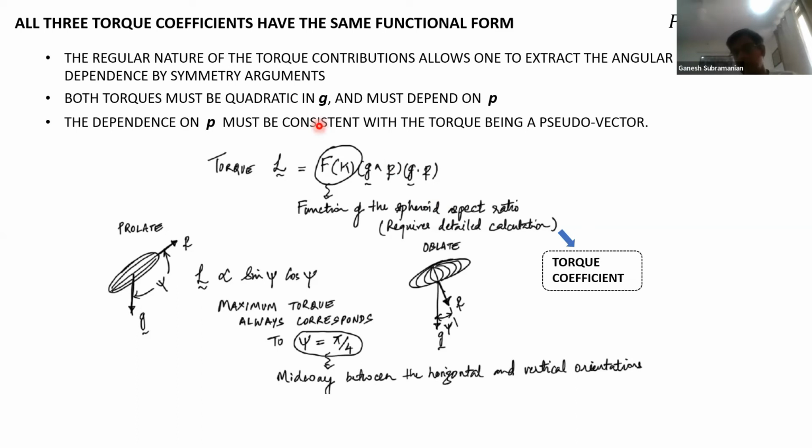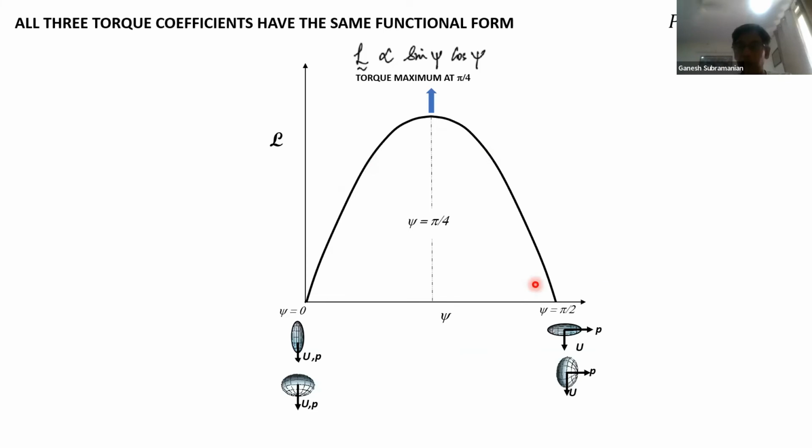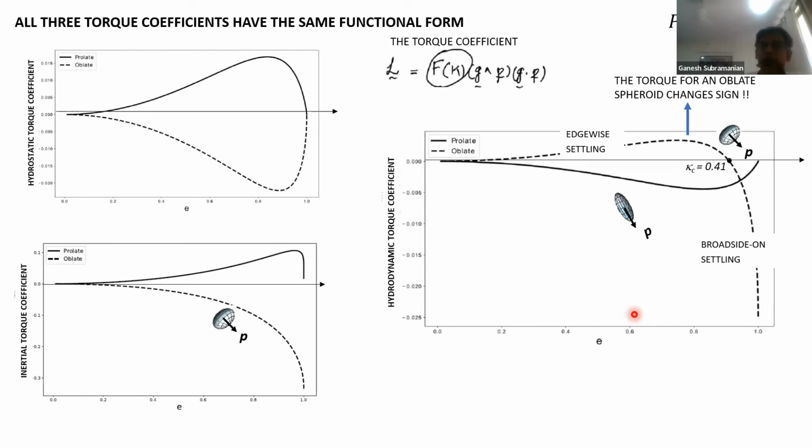And therefore, what the detailed solution really determines is just this torque coefficient, which is a function of the aspect ratio. So you can characterize this problem entirely in terms of a torque coefficient calculated as a function of the spheroid aspect ratio. The spheroid torque will just look like this. It's maximum at pi by 4, at an orientation midway between the broadside-on and long-side-on orientations, going to 0 at those particular limiting orientations. Now you can do this for each of the three contributions. That's the hydrostatic torque there. That's the inertial torque. And that's the